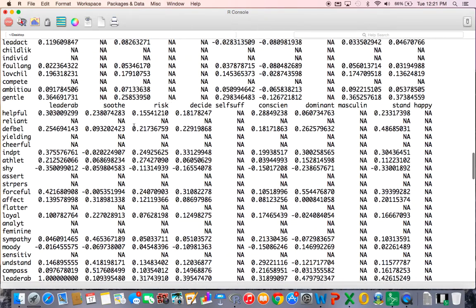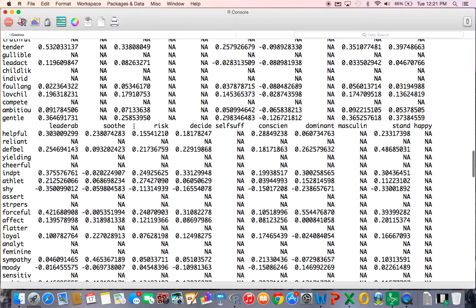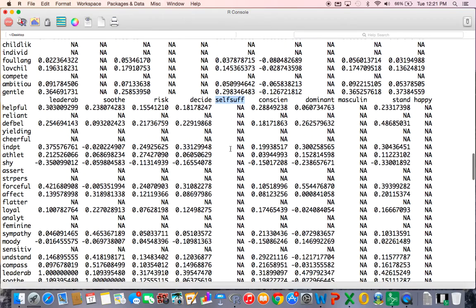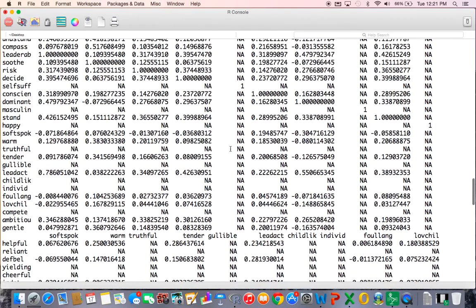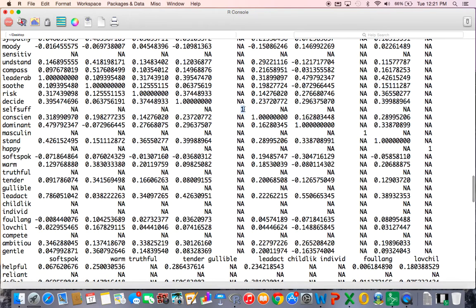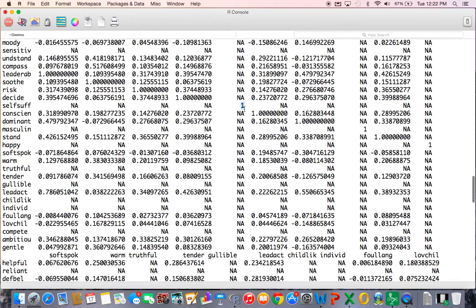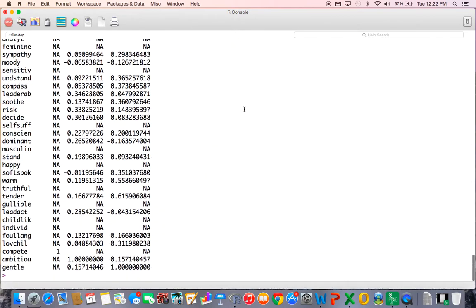For example, when I eyeball this, I see that for self-sufficient, I have NAs in everything except when it correlates with itself. So again, I've got to do something with this.